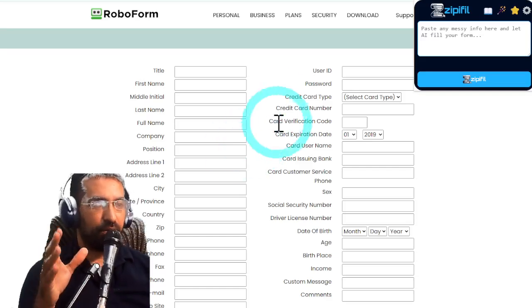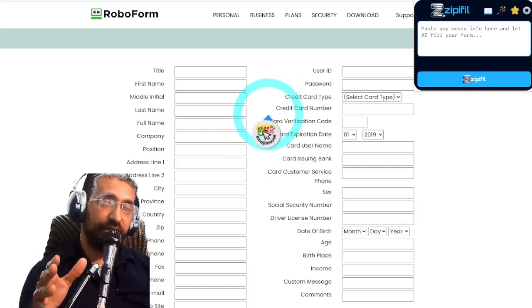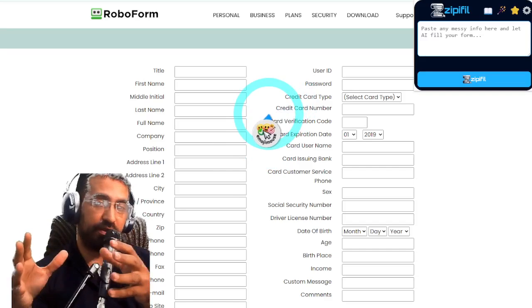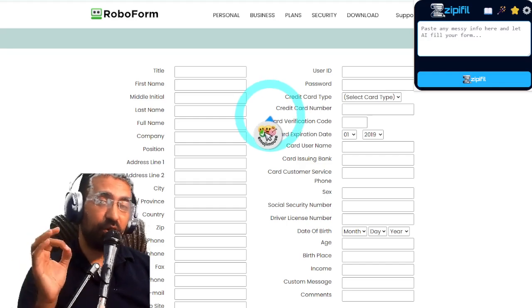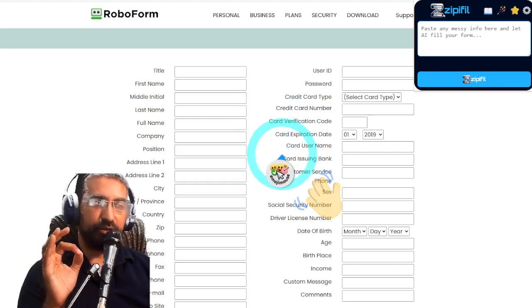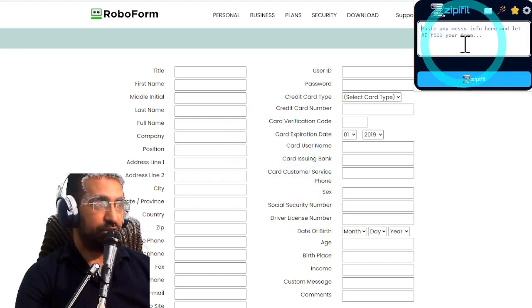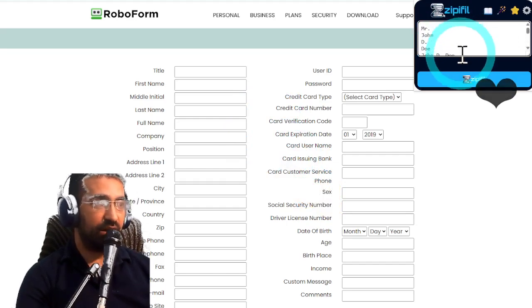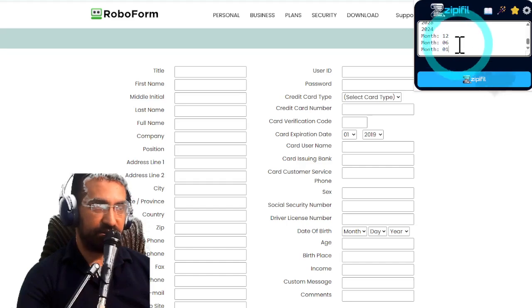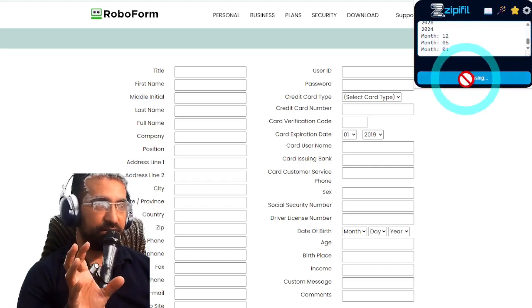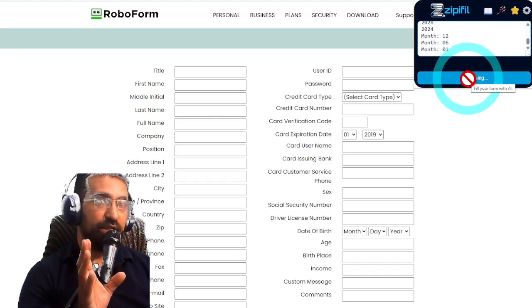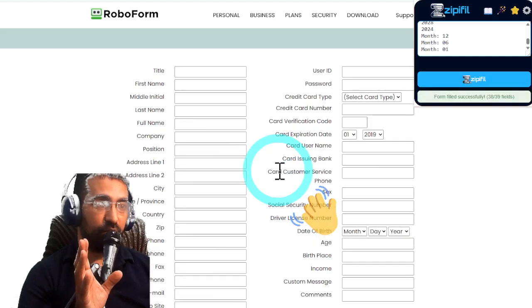If you're a dropshipper or business owner, you know that you have to paste addresses or other things from one place to another. Now, I know not a lot of people like AI, but AI can be very useful in this specific case because you could paste in here an entire email that you received without doing any filtering, and then just click the Zipifil button, and it's actually quite magical the way it fills in the entire form with